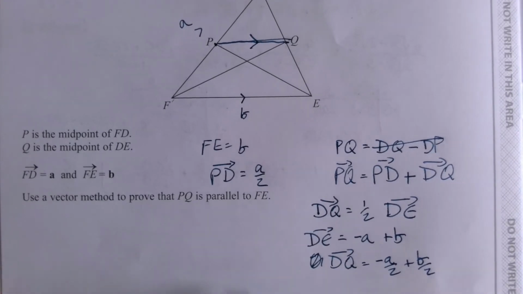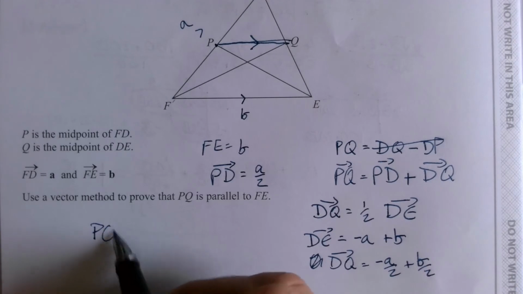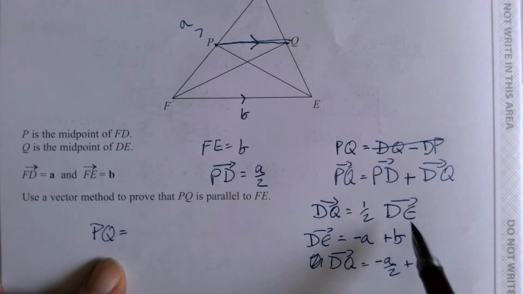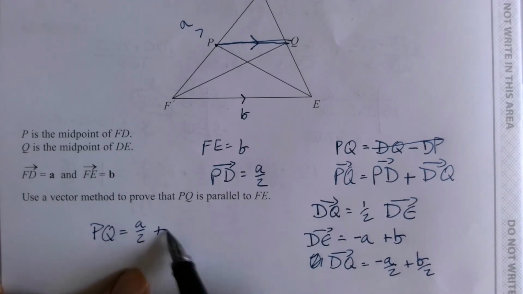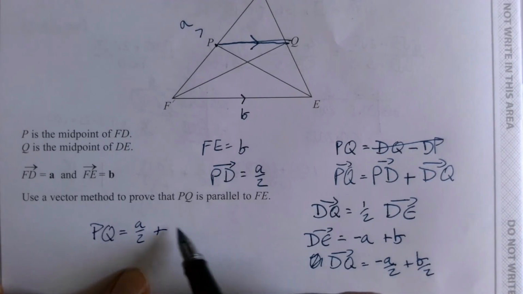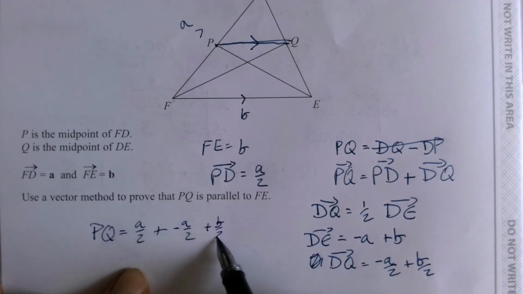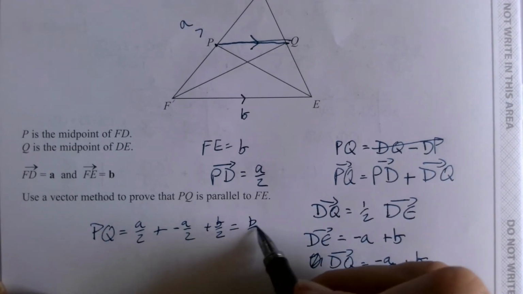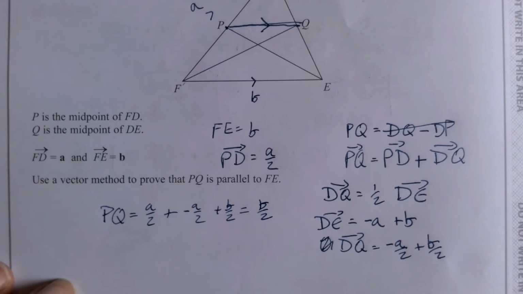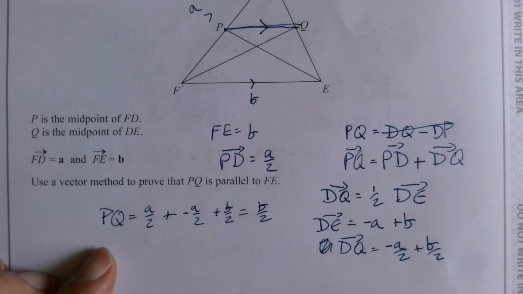Now, what were we trying to go from? We're going from P to Q. So P to Q is P to D, which is A over 2, and we're adding to that D to Q, which is minus A over 2 and plus B over 2. Now, that's going to get rid of our A's and just leave us with B over 2. And we're basically there. So we're proving that they're parallel because